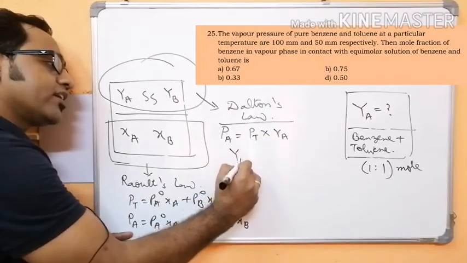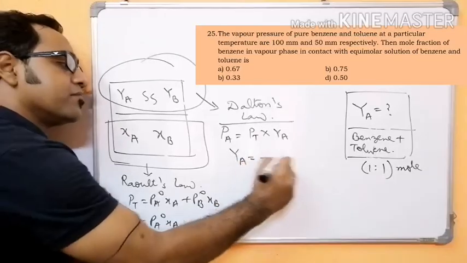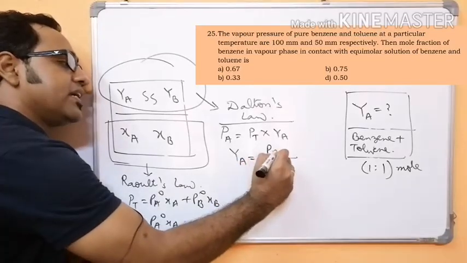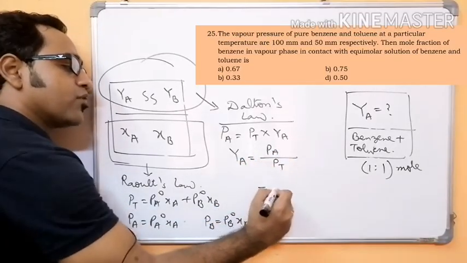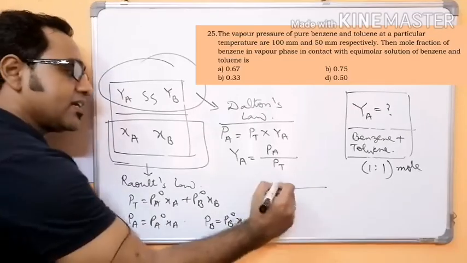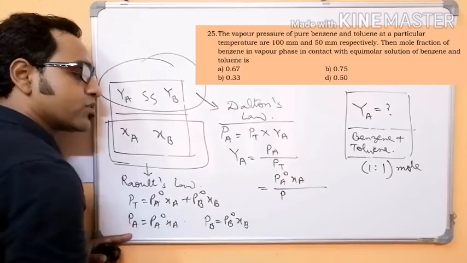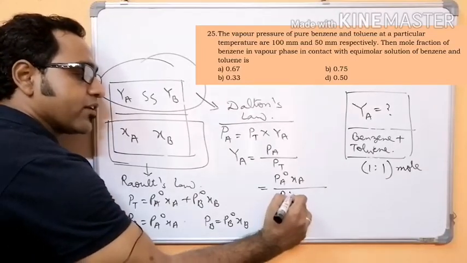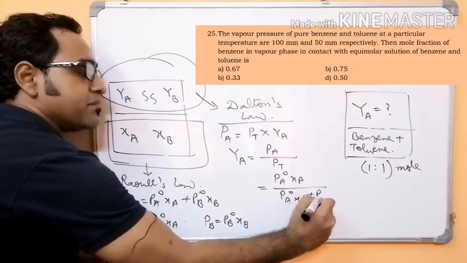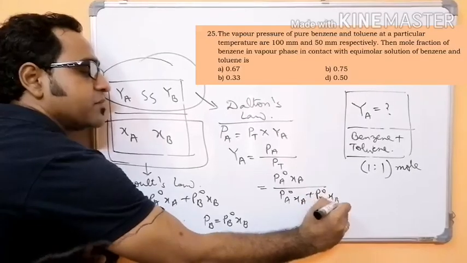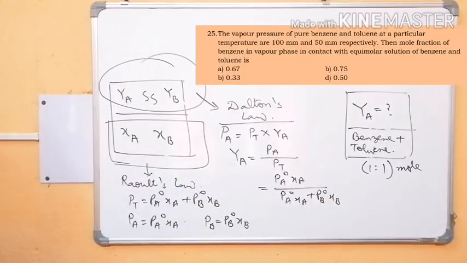So here we can find the mole fraction by doing Pa by P total. Now Pa is equal to Pa naught Xa, and P total is equal to Pa naught Xa plus Pb naught Xb. Now what are Xa and Xb? Since you are taking 1 mole each,